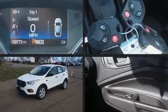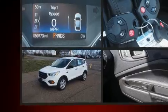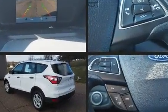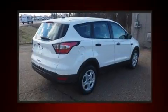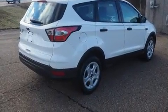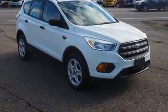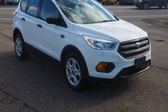Load your family into the 2017 Ford Escape. It features an automatic transmission, front-wheel drive, and a 2.5-liter four-cylinder engine. Top features include cruise control, adjustable headrests in all seating positions, remote keyless entry, rear wipers, and a split folding